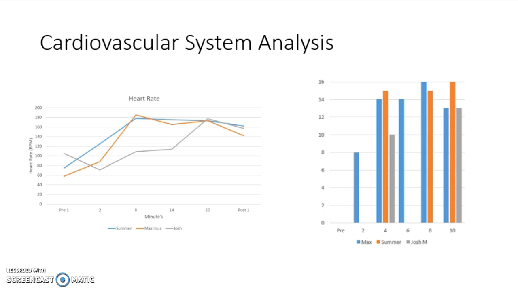to the normative data, bar the fact that his heart rate did decrease before exercise ended. This was due to the fact that for the first 10 minutes he was working too hard. We can also see in his RPE that at 8 minutes he is working at an RPE of 16, whereas he should be working at an RPE of around 10 and not be finding it too full on or hard, which isn't the case for him. However, Summer's heart rate is the only one out of the three that shows an obvious plateau, as Josh's and Max's show lots of change during the exercise after 4 minutes.